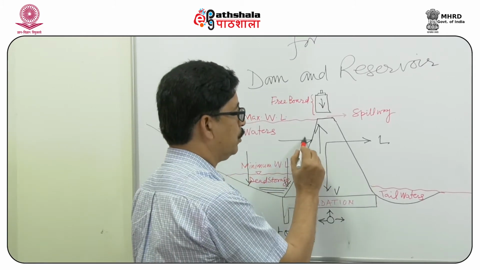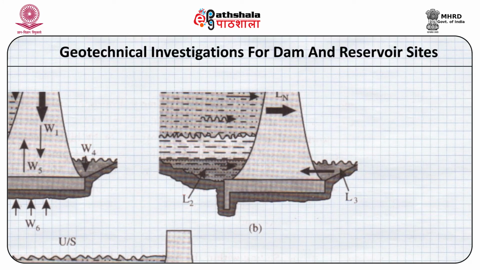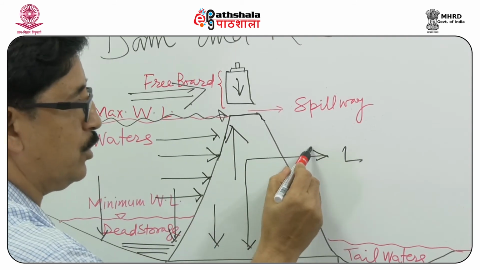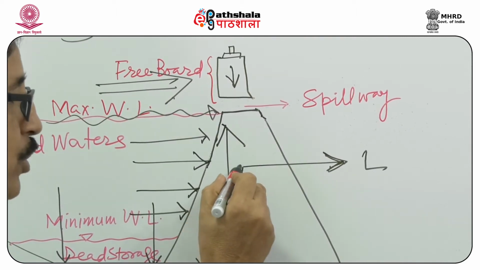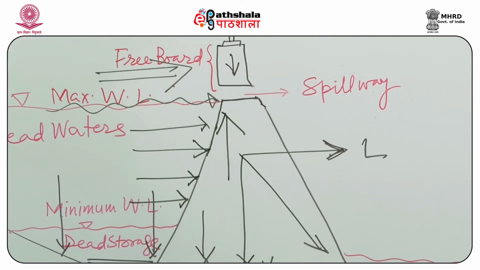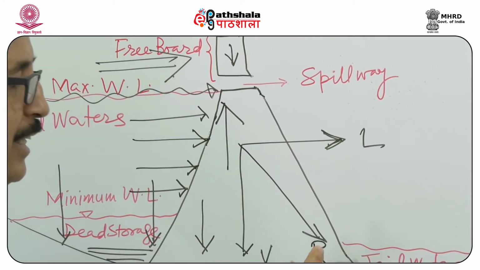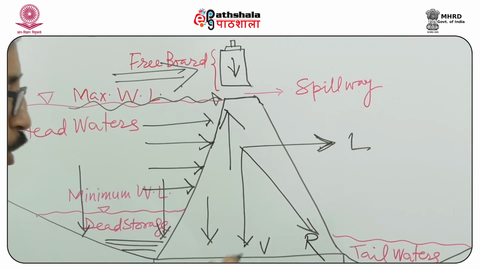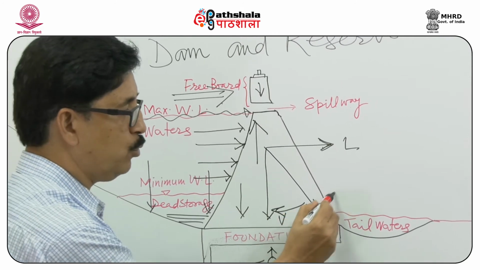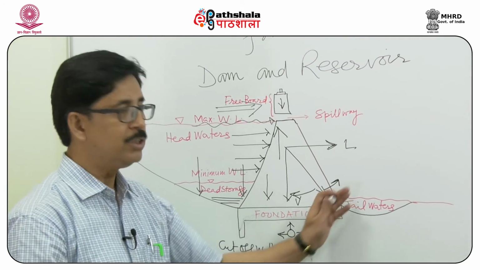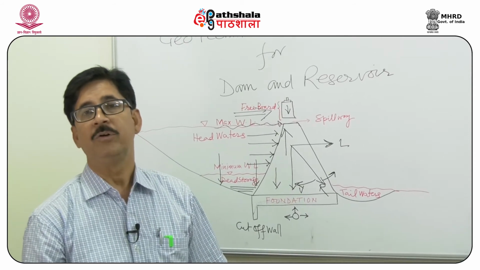There are lateral forces which are exerted by the thrust given by the reservoir water, the thrust given by the wave action at the top of the reservoir, and the forces of the wind over the freeboard. All these lateral forces act in the downstream direction. The resultant force of these two is very important. This resultant force should lie within the foundation of the dam. If it is close to the vertical forces, then stability of the dam will be ensured, and if it goes beyond the foundation of the dam towards the lateral force, instability of the dam will take place.